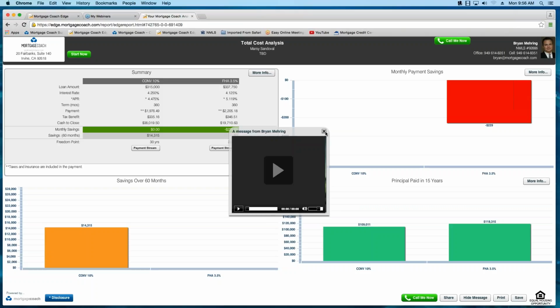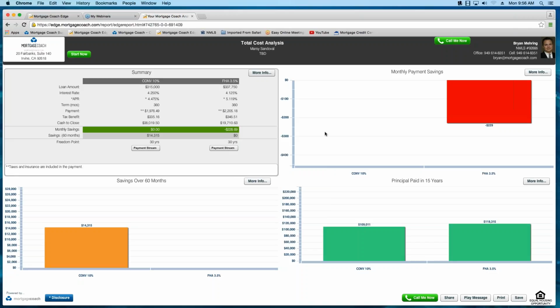on their desktop. You can send that to them so that they can view it on their mobile device as well. It looks like I'm running a little bit long on this, but let me see if I can go ahead and